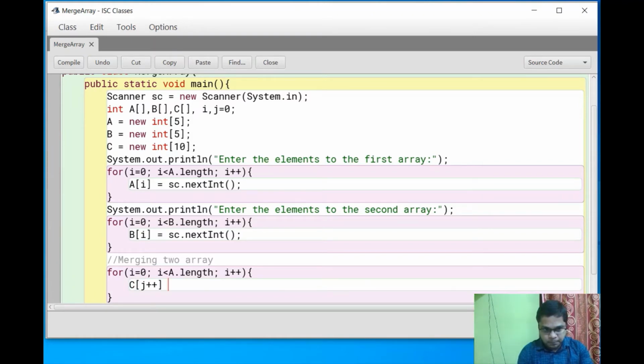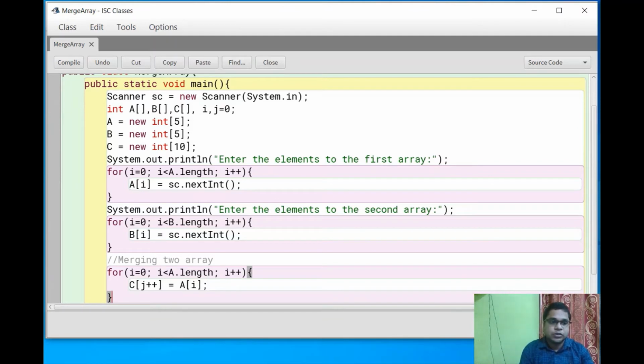Here I am increasing the j value, this is the post increment, right? It means after the execution the j value is increased by 1. So c[j++] is equal to a[i], you store the value of your a array.